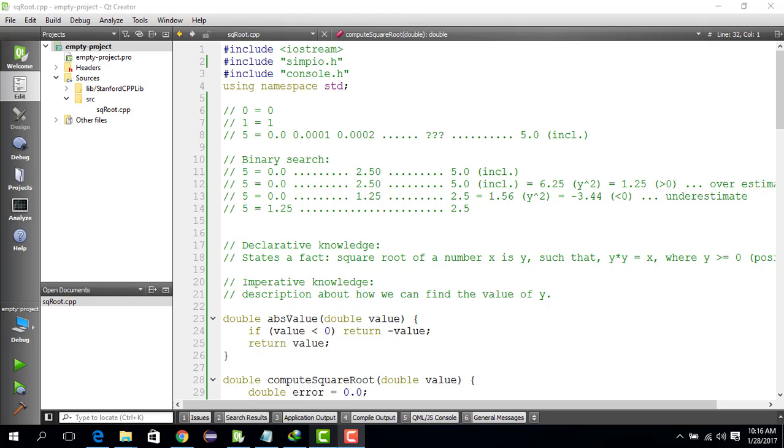Hello everyone, welcome back. We were creating this program function for computing the square root of a real number, and we have already seen how to compute it using a linear search routine, and we have just finished implementing the binary search routine, and we have implemented all different cases. And we said in the last video that we are going to implement a faster search algorithm, which was